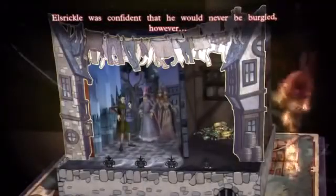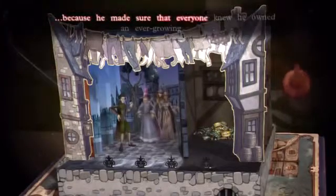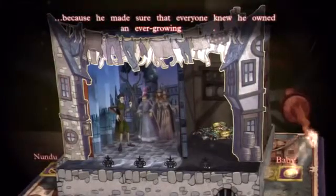Elsrickle was confident that he would never be burgled, however, because he made sure that everyone knew he owned an ever-growing...